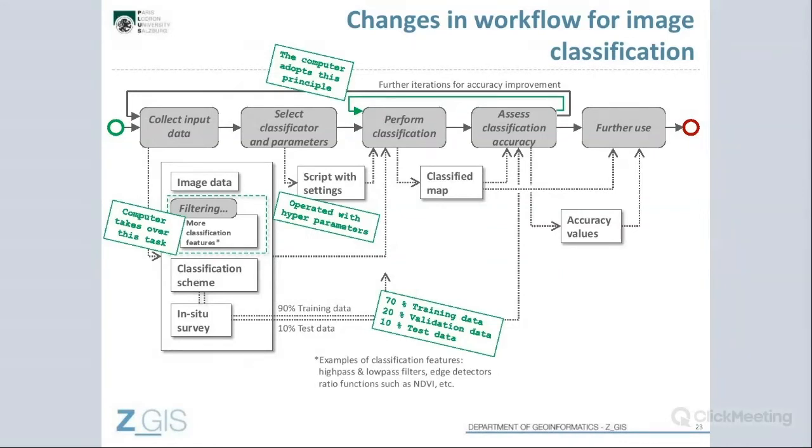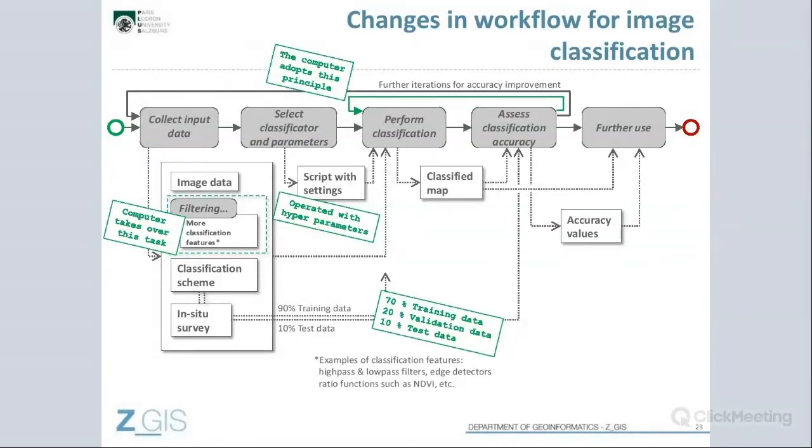The filtering has been taken over by the computer as well, and the classificator, CNN, and the parameters, here you work with hyperparameters now. So you do not check the accuracy yourself, but you define the metric which accuracy you want to have, and you define how many cycles you want to have, or how much learning the computer has to do.